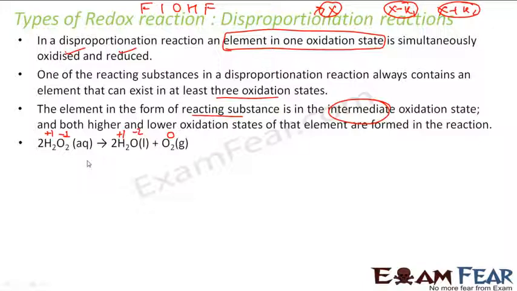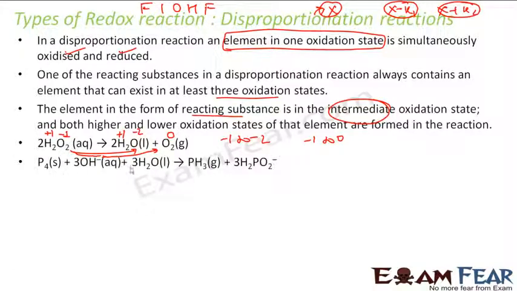Here it is 0, free oxygen, right? So now if you see, the oxygen had an oxidation state of -1 here. Here it is -2, so from -1 to -2 it got reduced. Here it is -1 to 0, it got oxidized, correct? -1 to -2 is 1 and -1 to 0 is 1. So this one is reduced, this one is oxidized. And for oxygen also we have 3 oxidation states, -1, 0, -2, and this was in the intermediate range.